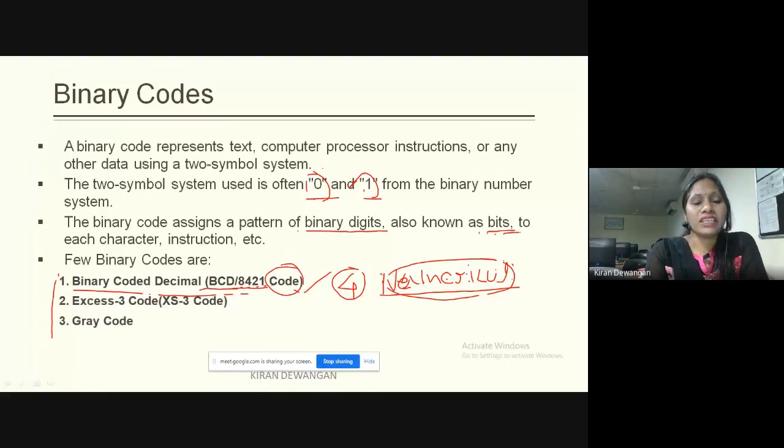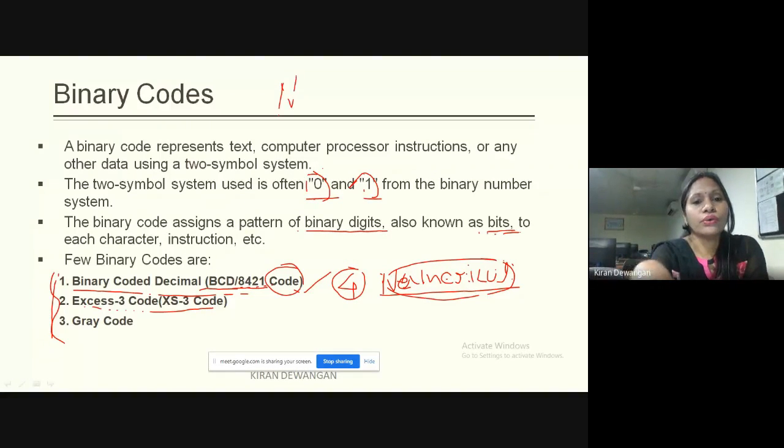Clear? So basically, when we are talking about codes, either we can code numeric values or alphanumeric values. Alphanumeric codes are the characters that we are coding. Here we are not coding any alphanumeric code. These are all used for numeric coding. Clear? So we have two types of coding. One is numeric coding, another one is alphanumeric.